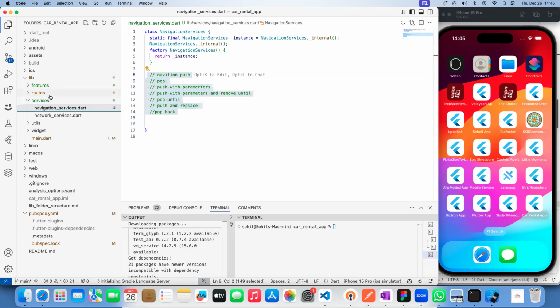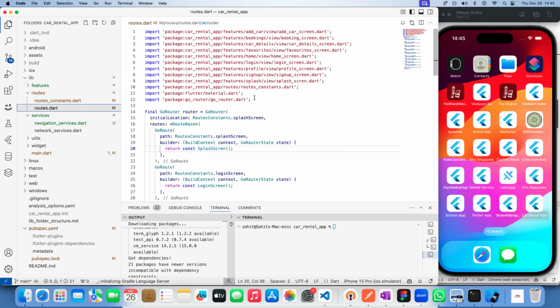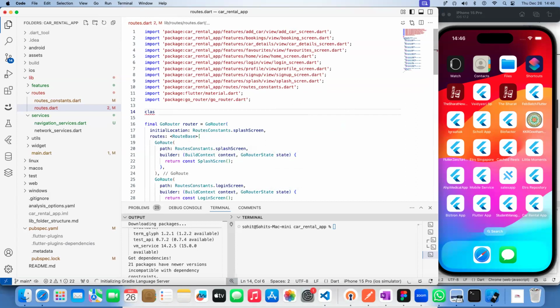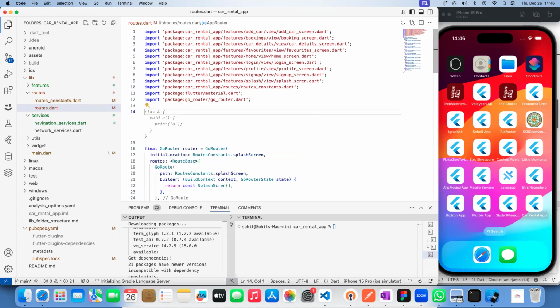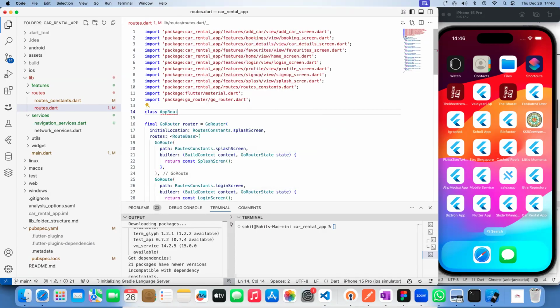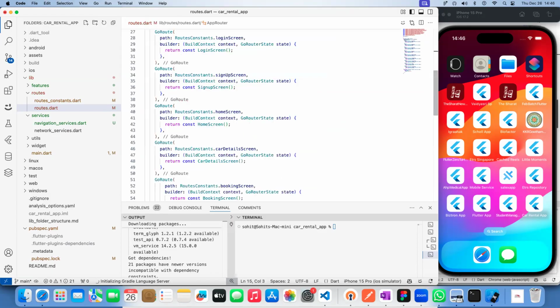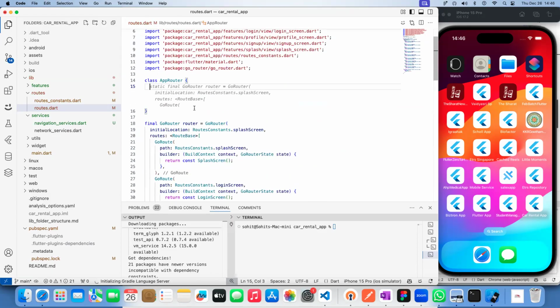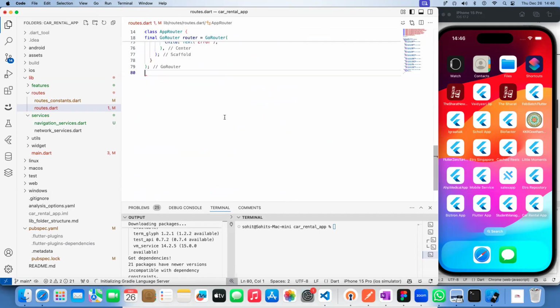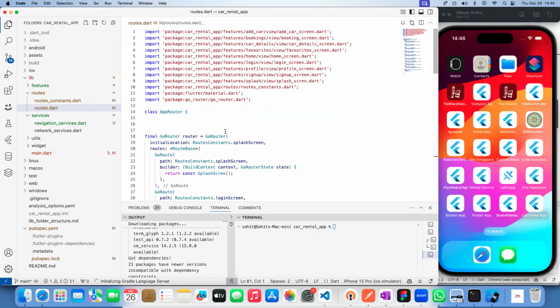I need to make a little change in the router. All of the routers that are there, I'll define inside a class. Name it as app router class. I will name it as app router, right? So inside the class, class start here, class end here. Inside the class,